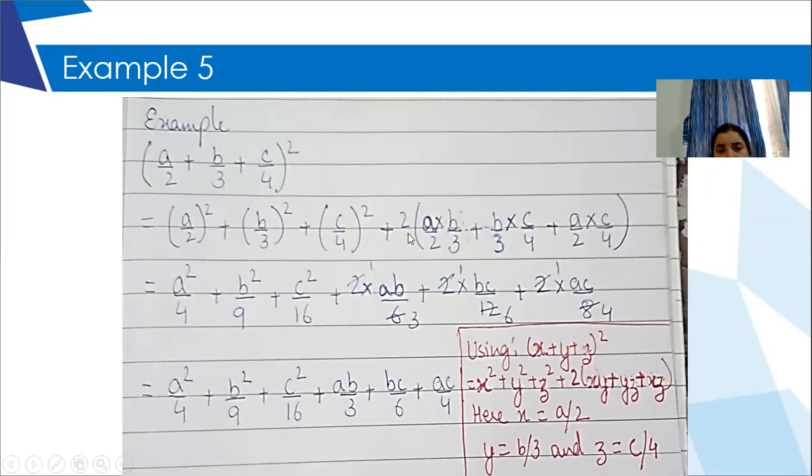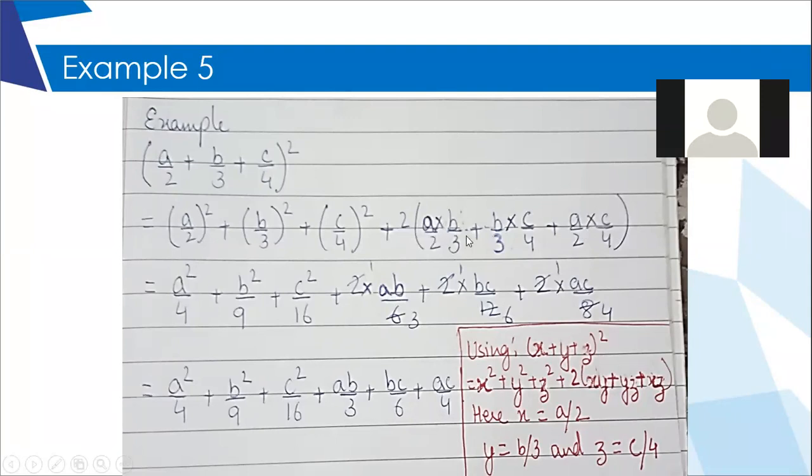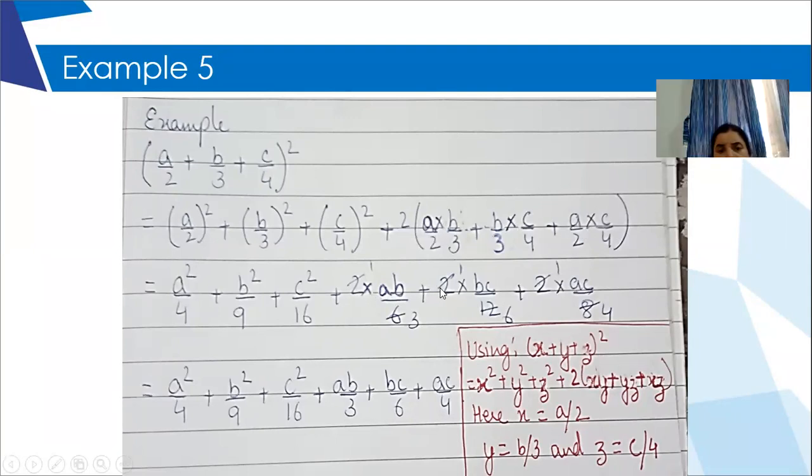Now when you are opening this bracket, you will show that 2 is getting applied to all three. This is what I have shown, because I am applying the distributive property of multiplication over addition. This is my first term inside the bracket, this is the second term, and this is the third term. I have shown the multiplication with 2, and I have shown the cutting also. There's 2 in the numerator, 6 in the denominator, cut the usual way. Here also I've cut, and the third term also.